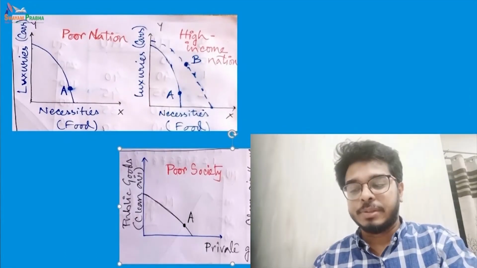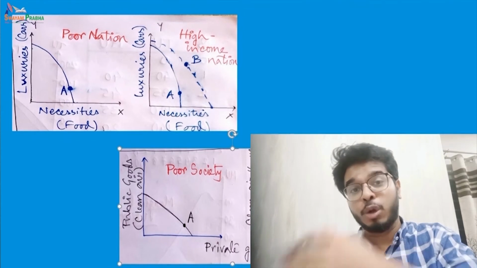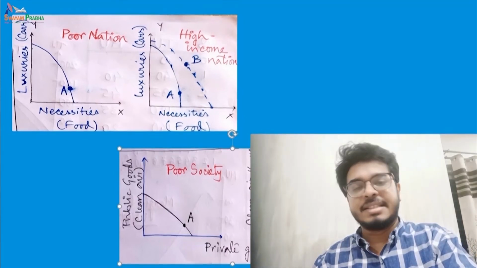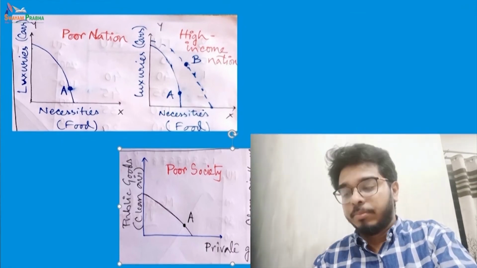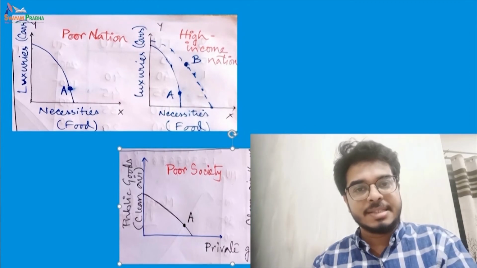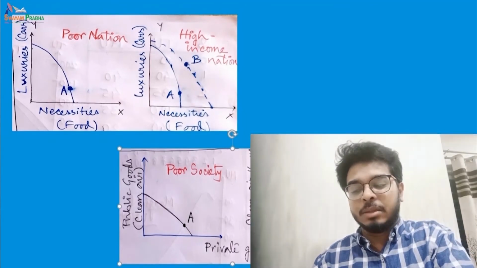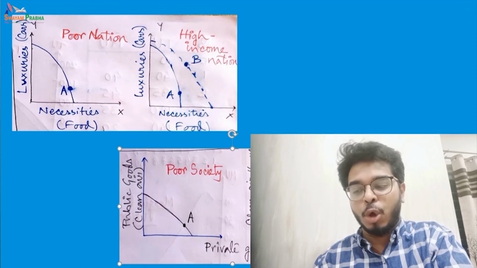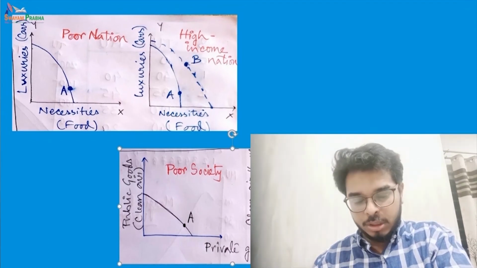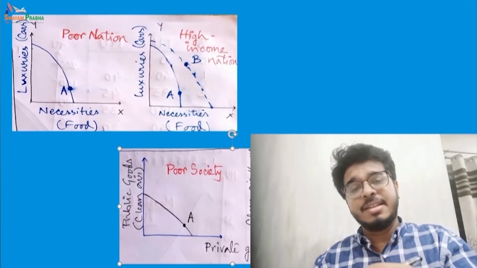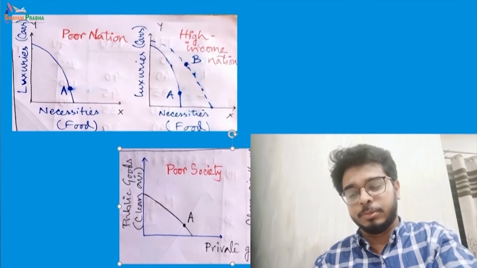Coming to the second and third diagrams, this is a comparative picture between a poor nation and a high income nation, or when the poor nation becomes a high income nation. What it says is, on the x-axis there are necessities, and on the y-axis luxurious commodities. For example, the luxurious commodities can be cars, and the necessities can be food. The x and y axes are the same in both figures. We see that point A in blue shows that a poor nation will produce more necessity commodities and less luxury commodities. But whenever the country is developing and its GDP is increasing, you can see the PPF in the middle diagram